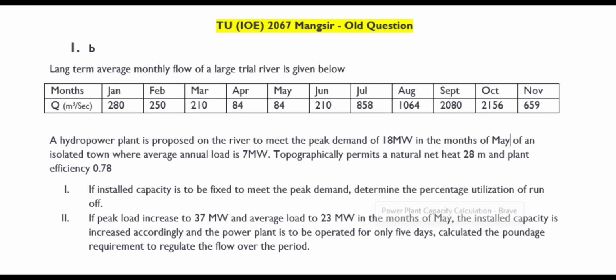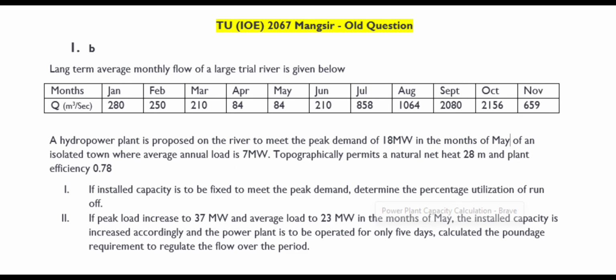Today we will solve a numerical problem related to hydropower. This numerical was already asked in IOE 2067. The question given here is: the long-term average monthly flow of a large river is given below. Here in the table the 12 months and the respective discharge of each month are presented, and